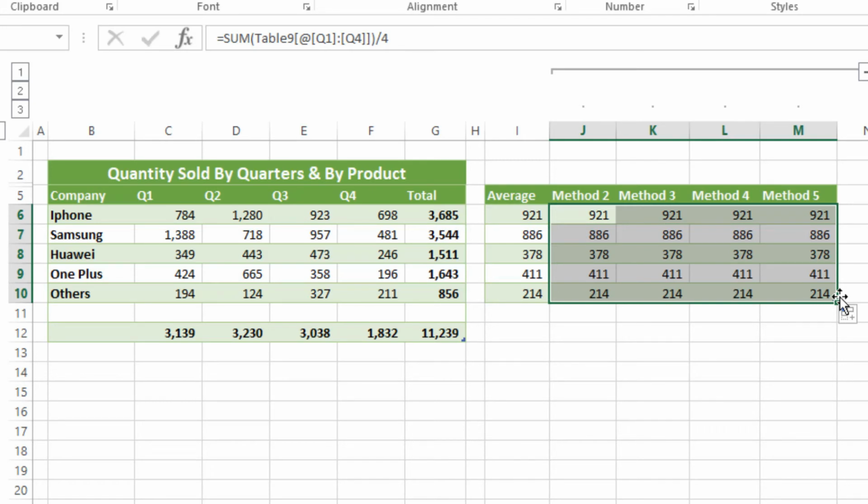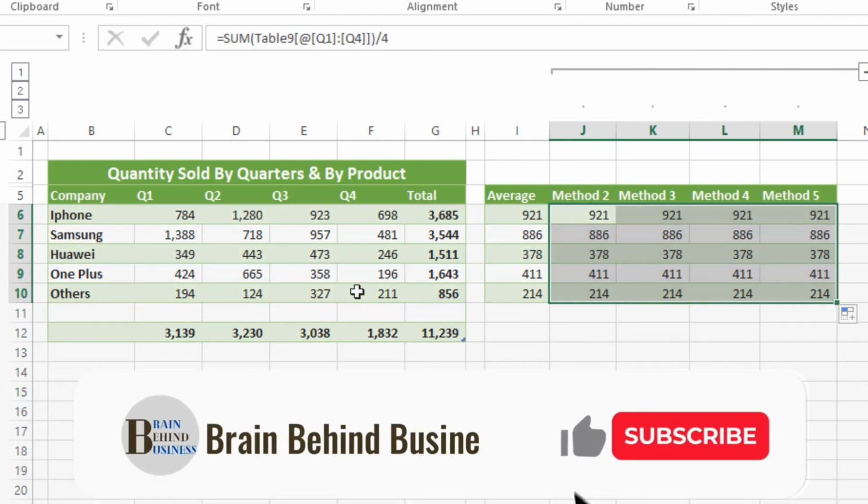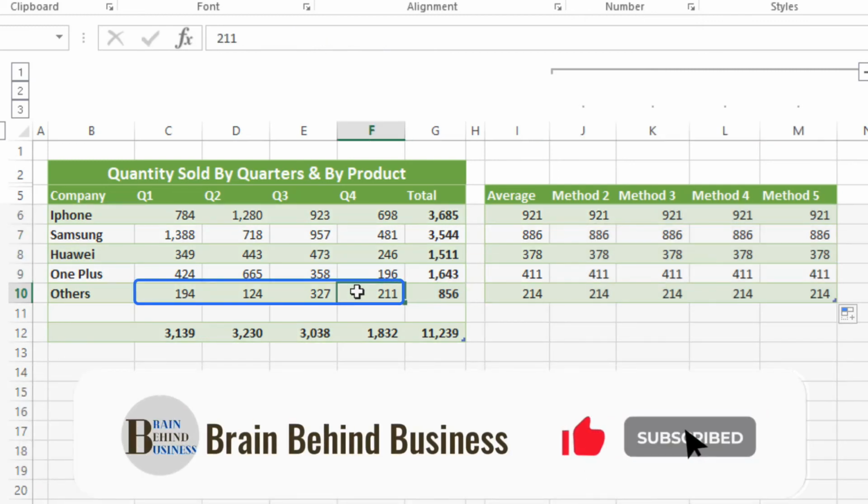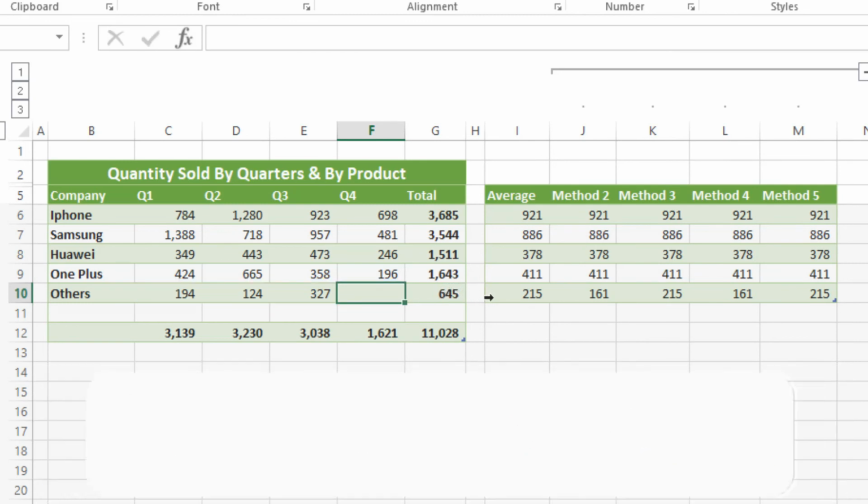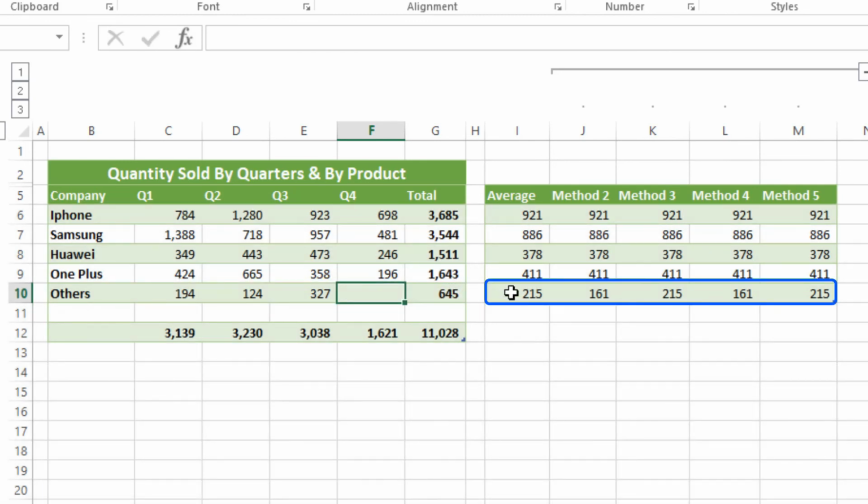There are some drawbacks in method 2 and 4 because we have used a number instead of a formula. Let me show you how these affect your average. Let's say we are in the third quarter of the year and we don't have sales for quarter 4, so we will delete it. And now you can see the average has perfectly changed in method 1, method 3, and